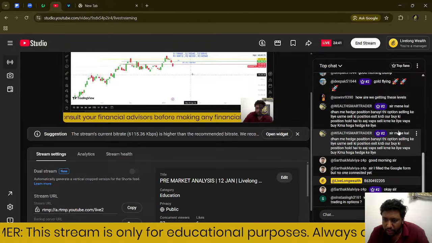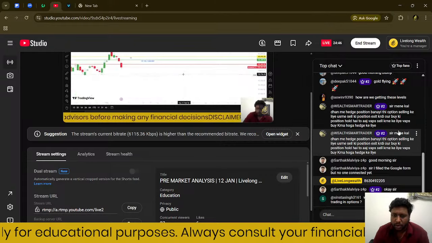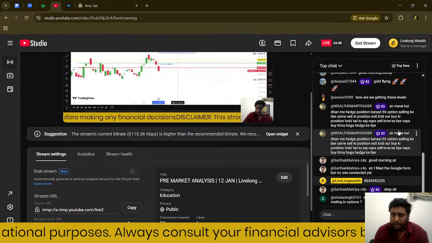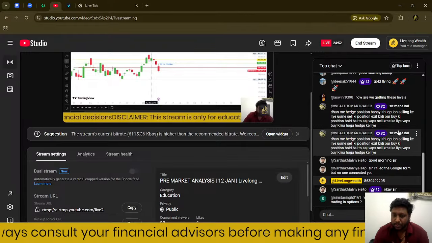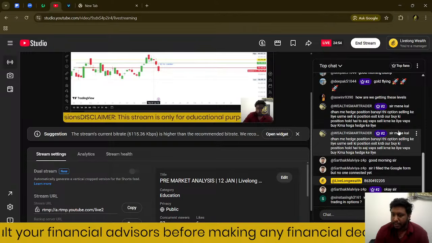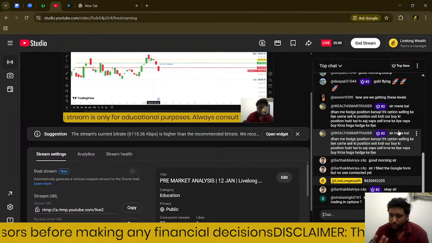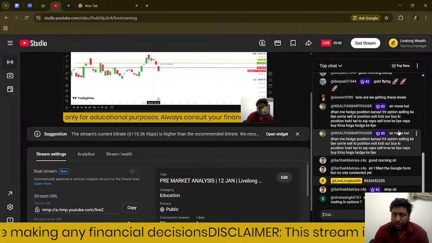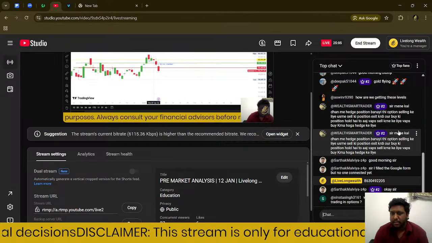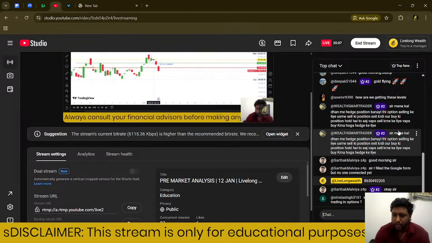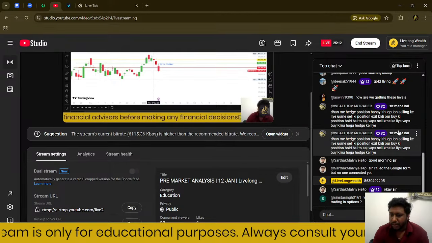Which is better, algo or normal trading in options? See, it depends upon how well we are managing the trades. If we have emotional problems, or if we don't have a certain time to spend on the market on a daily basis, then definitely I suggest to go with algo. We have both algos, higher ticket size and lower ticket size as well. So if we have this limitation, then definitely algo is better.